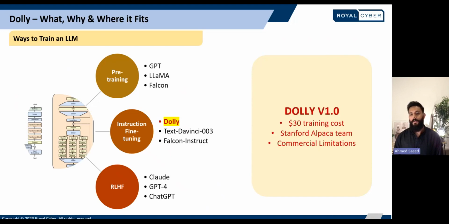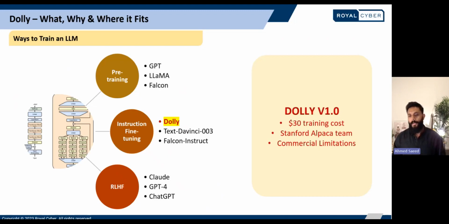For Dolly, which was created by Databricks, the first version cost them only $30. And it was created using a data set developed by Stanford's Alpaca team, who initially used OpenAI to produce that specific data set. Now, Databricks wanted to open source this model for commercial and academic uses, but they weren't able to because OpenAI's terms prohibit using its data to make competing commercial models.